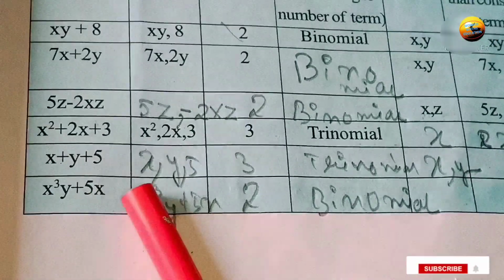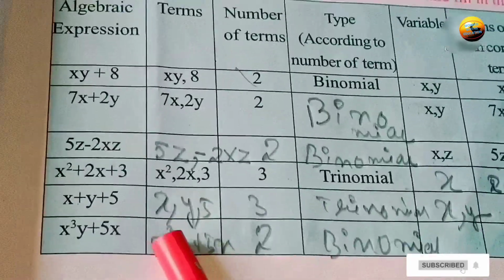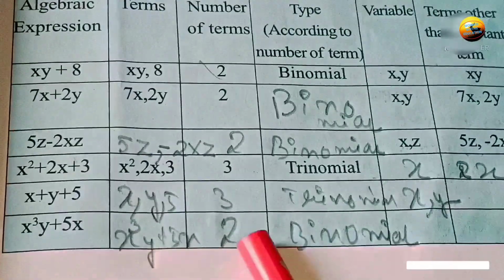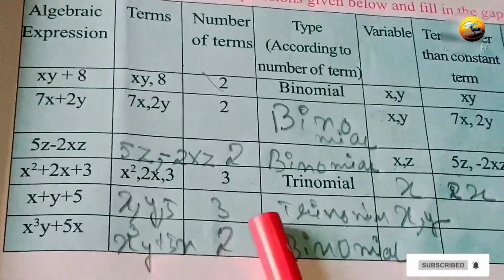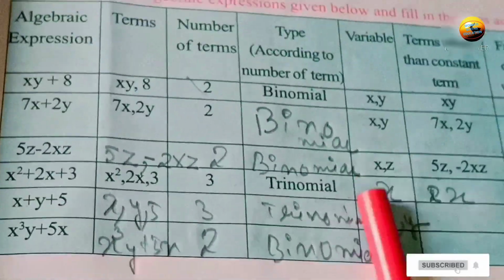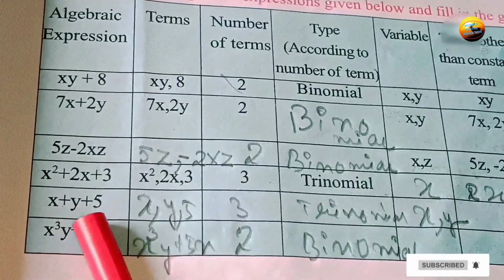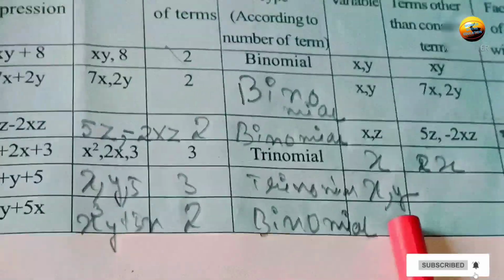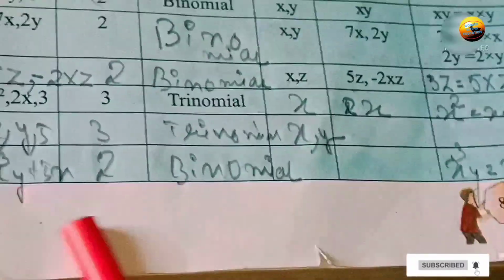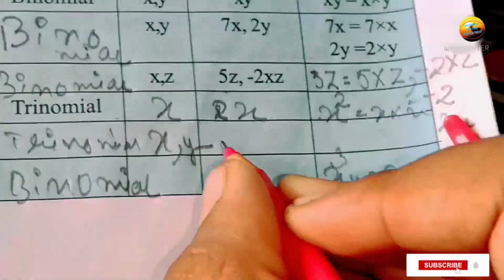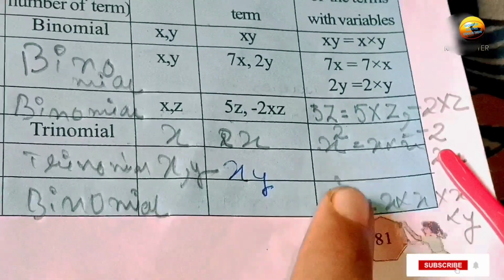তারপর আছে x + y + 5। তো x, y, 5 হচ্ছে আমাদের তিনখানা টার্ম। তো আমরা নাম্বার অফ টার্মসের তলে 3 লিখতে পারি, তারপর টাইপ অ্যাকর্ডিং টু নাম্বার অফ টার্ম আমরা লিখবো ট্রাইনোমিয়াল। ওকে, কারণ তিনখানা টার্ম থাকলে তোমাদেরকে আমি আগেই বলেছিলাম যে ওটা ট্রাইনোমিয়াল হবে। তো ভ্যারিয়েবল আমরা কি দেখতে পাচ্ছি? x, y ছাড়া কিছু নেই, তাহলে আমরা x, y লিখবো ভ্যারিয়েবল। এবার টার্মস আদার দ্যান কনস্ট্যান্ট টার্ম, কোনো কনস্ট্যান্ট টার্ম আমরা দেখতে পাচ্ছি না এখানে, তাহলে আমরা এটার ক্ষেত্রেও একই লিখবো x, y, 5। ঠিক আছে, তো আমরা এটার ক্ষেত্রে লিখবো xy, যেরকম নাম্বার 1-এরটার সঙ্গে এটাও সিমিলার।